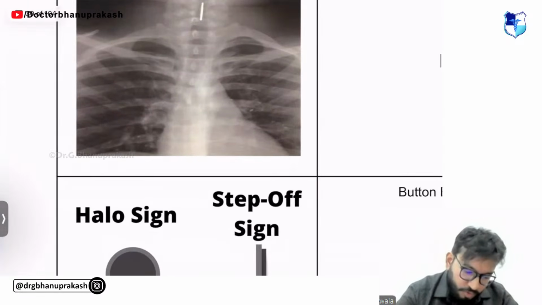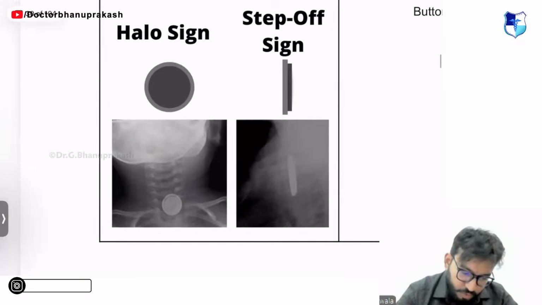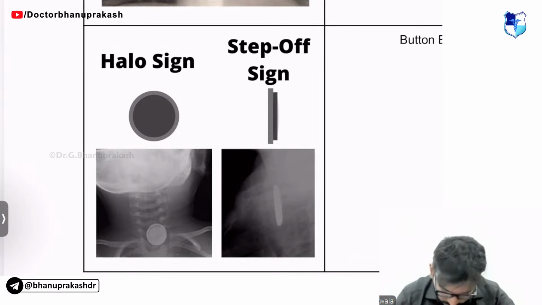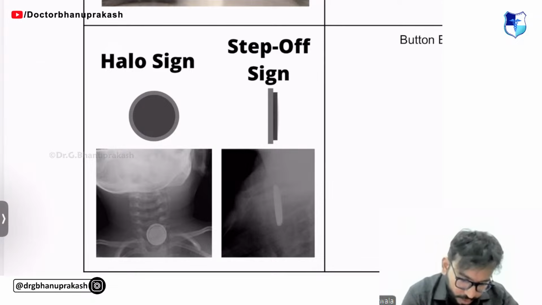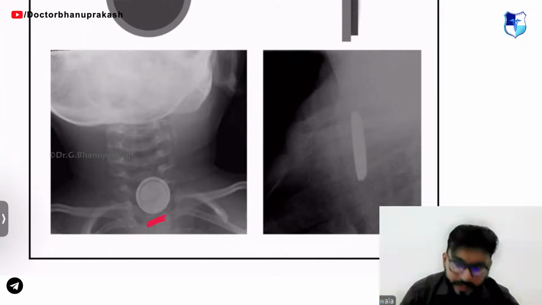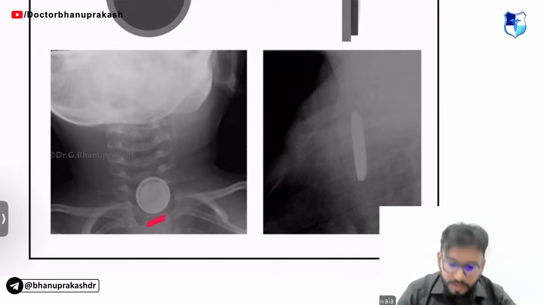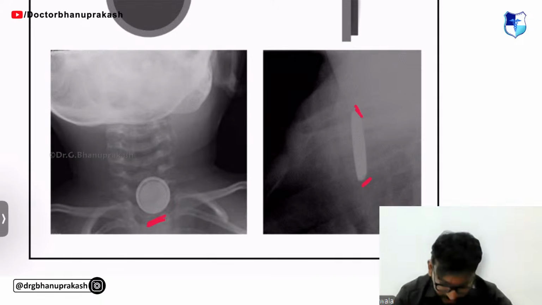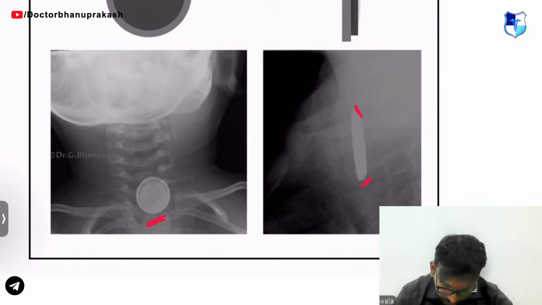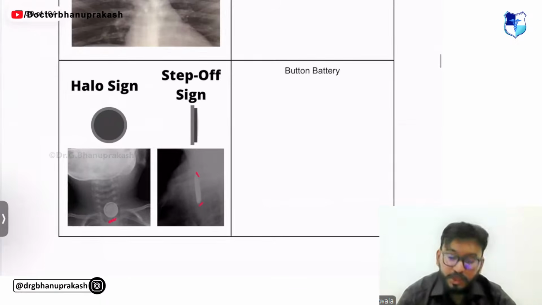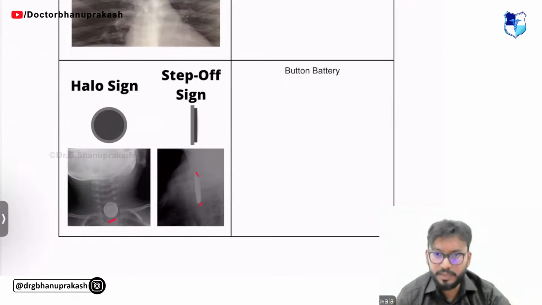One of the most dangerous things, guys, that you can find in the esophagus or trachea. What is this, guys? Come on. Halo sign. Can you see a halo? Can you see two round structures? Can you see the beveled edges, guys? What is this? Yes, this is a button battery, guys. Absolute emergency, has to be removed urgently.